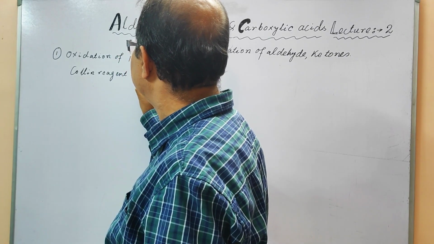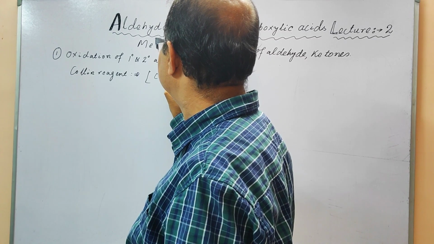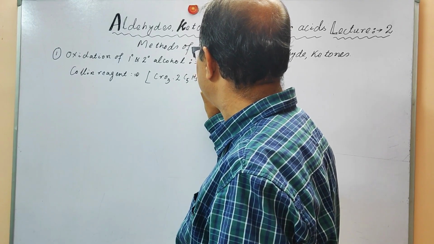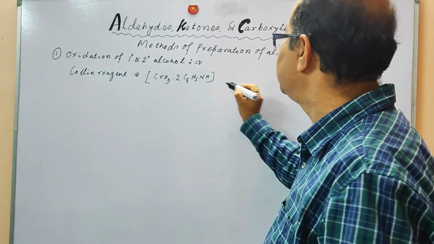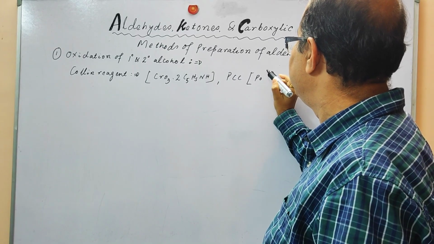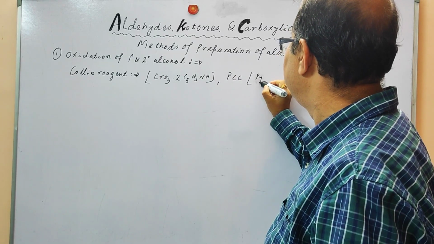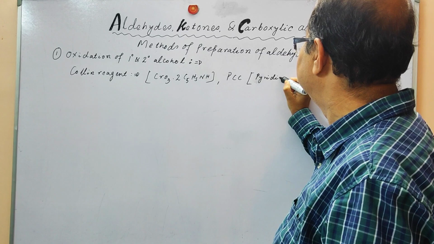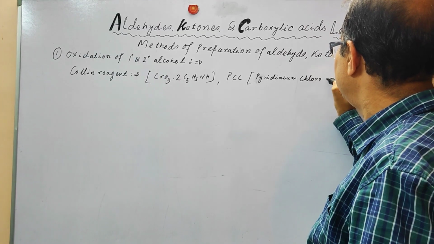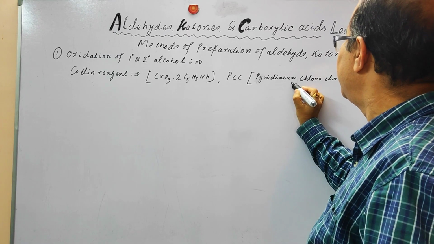basically, the formula is as shown. This is Collins reagent, and PCC is pyridinium chlorochromate. And its formula is